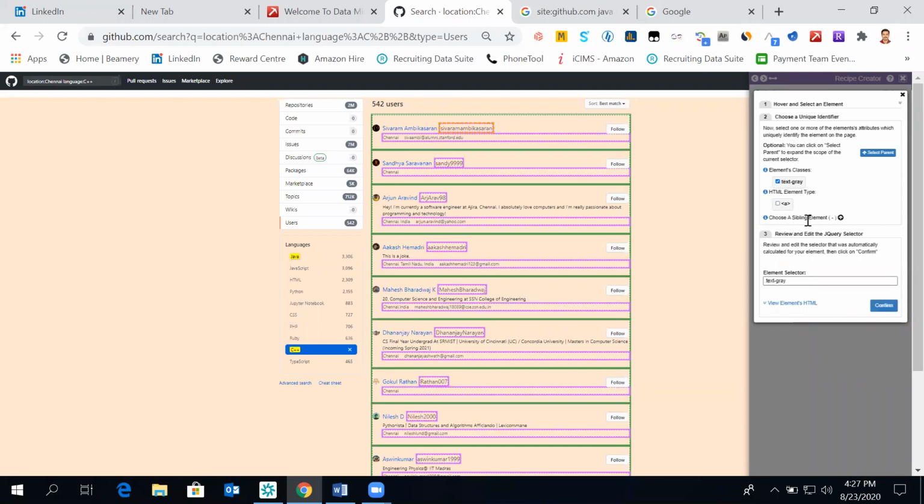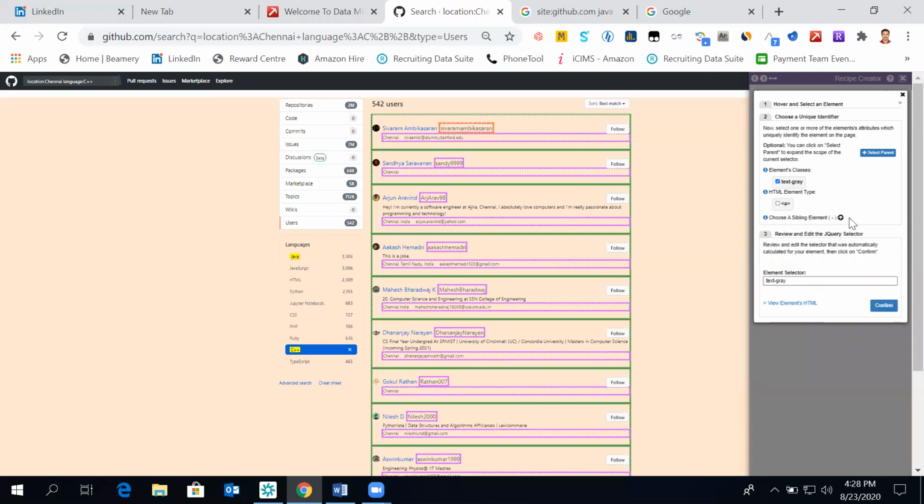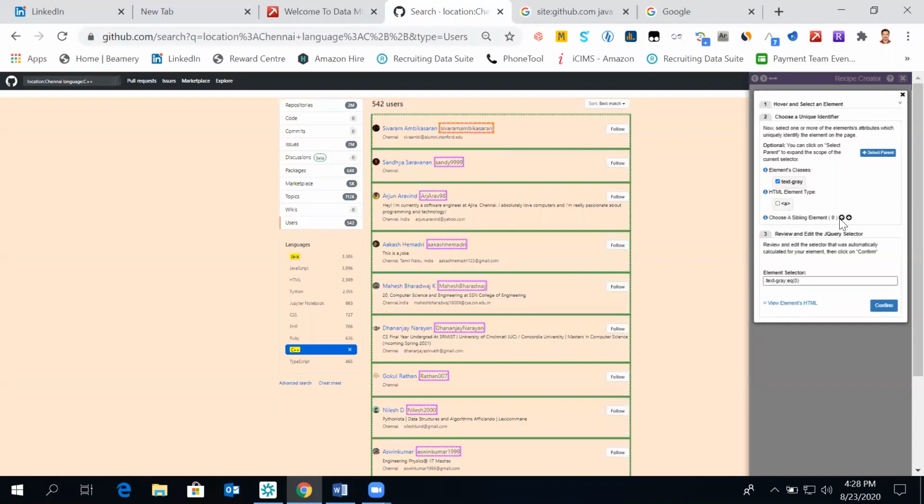So here we have a choose a sibling element. We have an up arrow to start with. Also there might be a down arrow if we go for the next one. In the first up arrow itself, text gray EQ 0. Earlier what we had was just the text gray. Now with one click on an up arrow, text gray EQ within the bracket 0. So what is that?